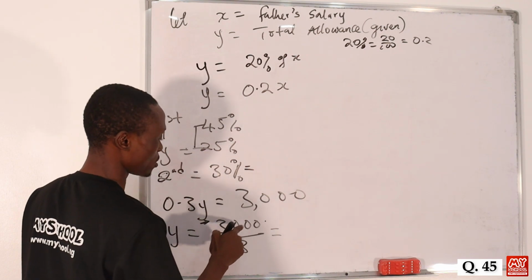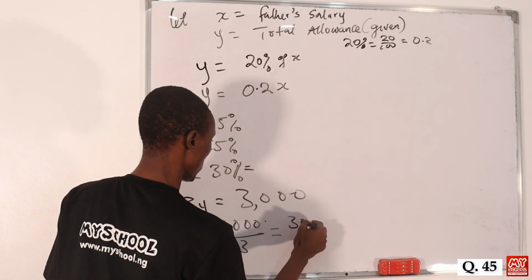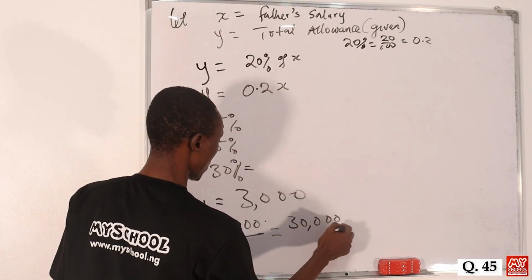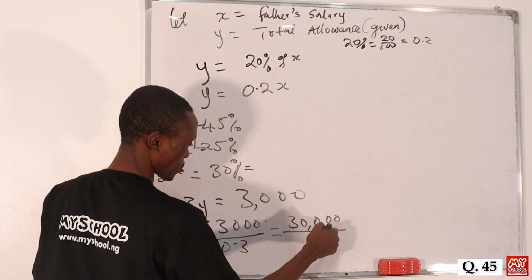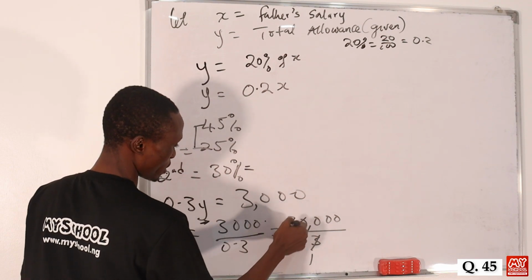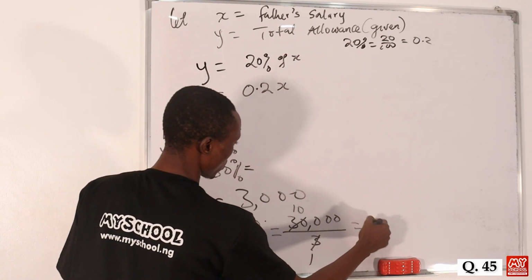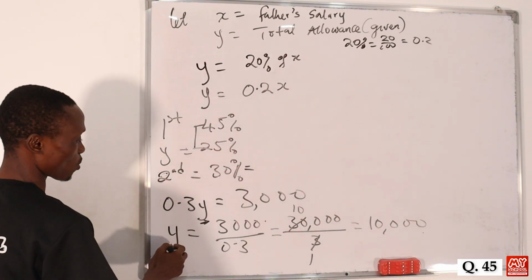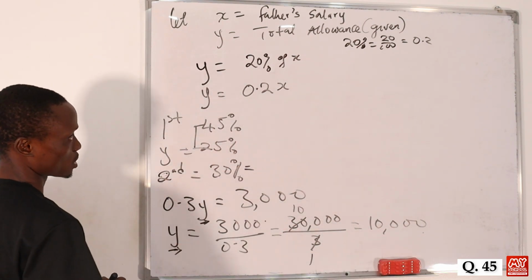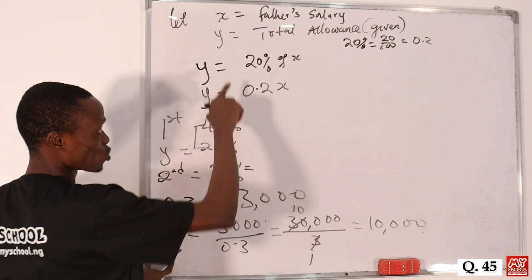So if we multiply 3,000 by 10, we have 30,000, and 0.3 by 10 we have 3. So 3 into 3 is 1, 3 into 30 is 10, so that at the end of the day we have 10,000. That means the value of y is equal to 10,000,